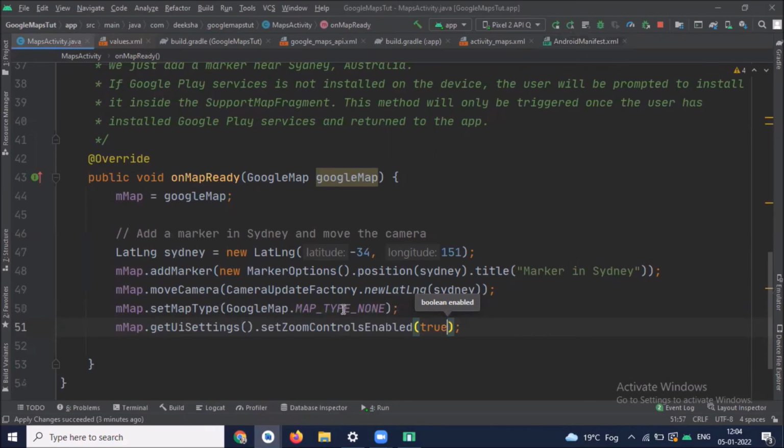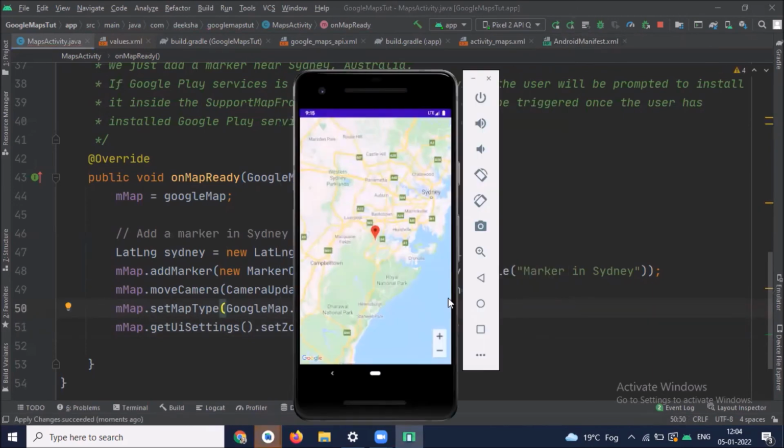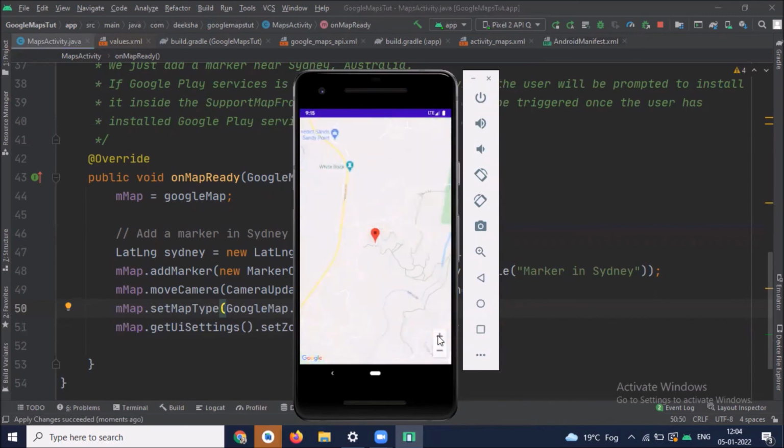Now here I'm changing the map type to normal and then running the project. Here you can see the zoom control. If you double tap, it increases the zoom by level 1. Two finger taps decrease the zoom level by 1. And here you can see the zoom controls. You can zoom in and zoom out.